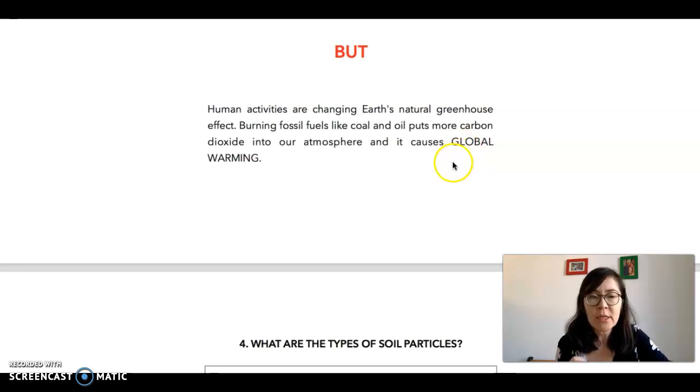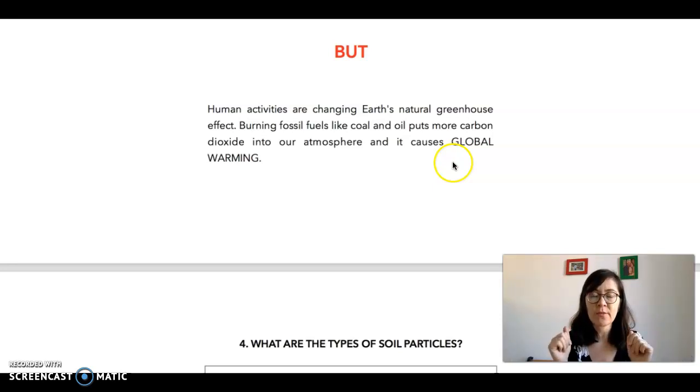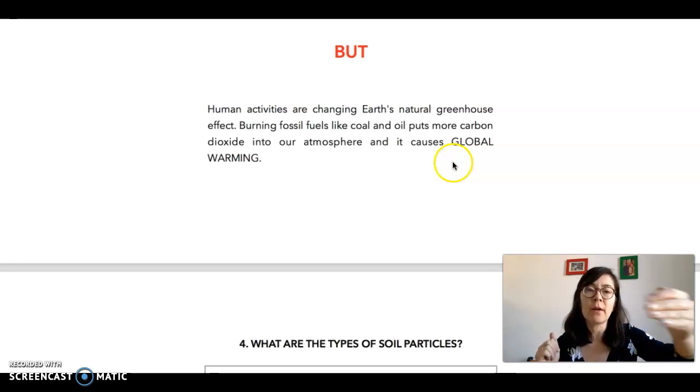So guys, imagine our Earth. It is like a ball. Imagine our Earth. And then if we create a lot of carbon dioxide in the atmosphere, we cover our